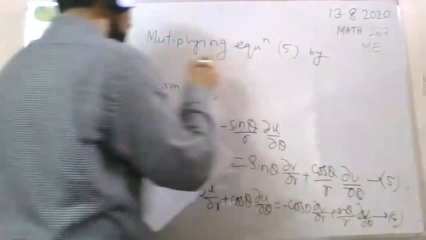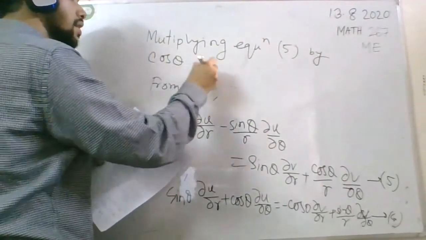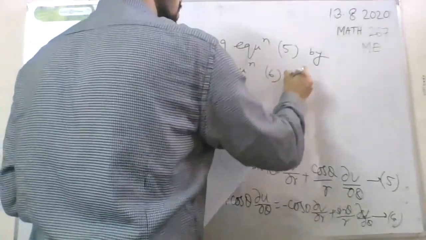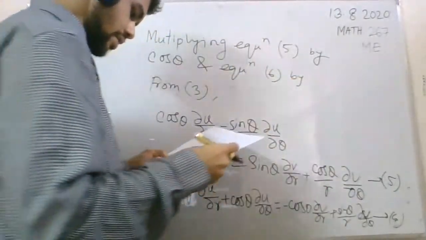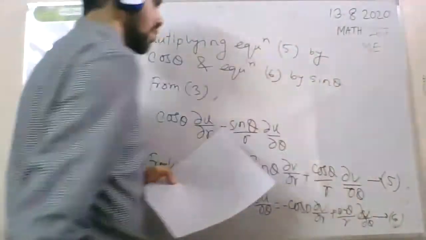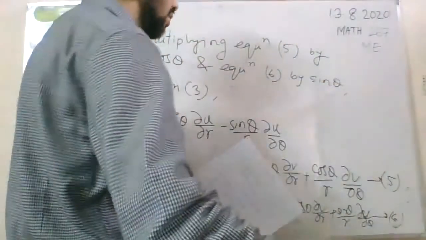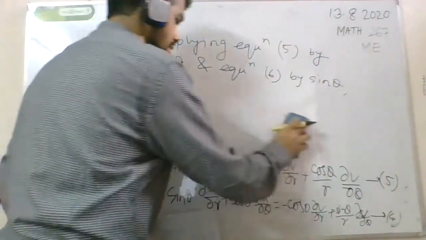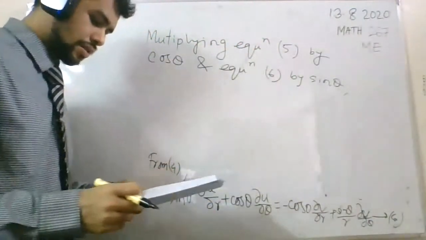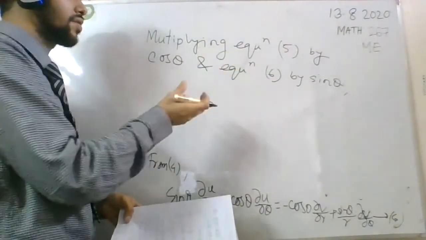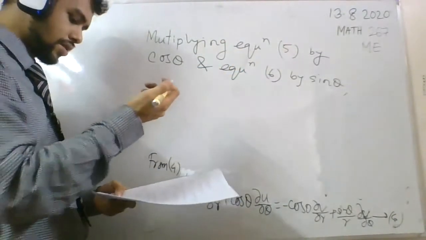By cos theta and 6 sin theta. Okay, so we can just simplify. From here, if you multiply equation 5 by cos theta, then you will get